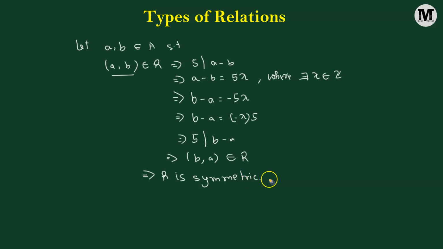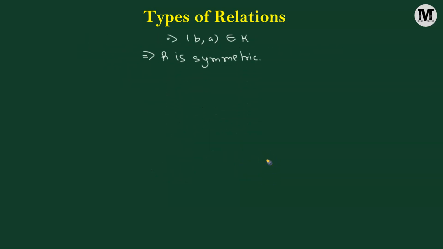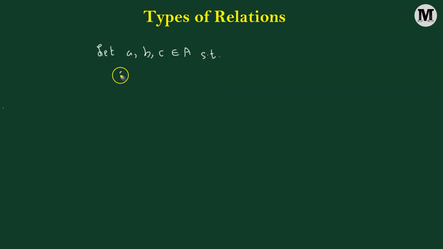And finally, we're going to check whether it is transitive or not. Now to check for transitivity, we need 3 elements. So let us consider those 3 elements to be A, B, and C. These are the 3 elements that belong to the set A, such that if we consider the ordered pair A comma B belonging to the relation R